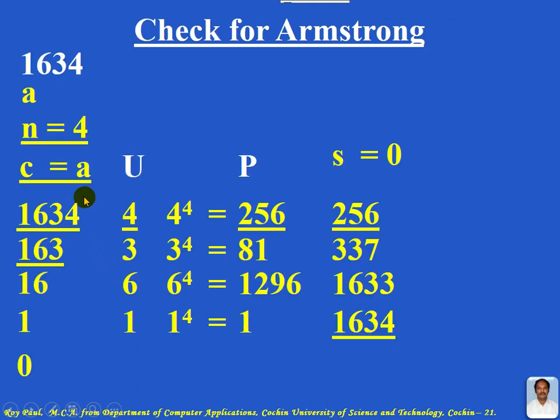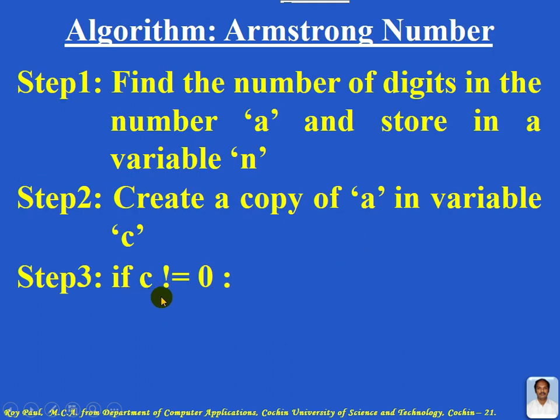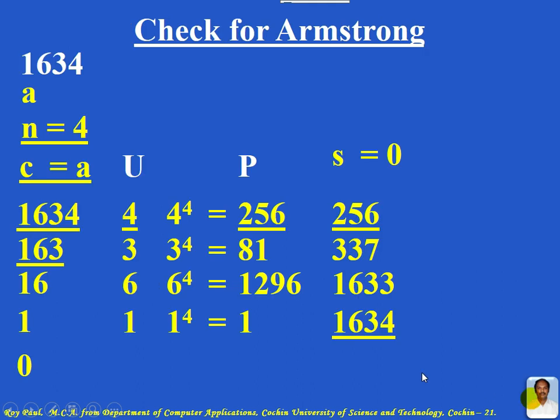What is the third step? If c not equal to 0, you should find u. So third step is, if c not equal to 0, you should find u. What is u? Retrieve the digit in the units place, and that must be stored in variable u. So this is c. From c, how can you retrieve the digit in the units place? The method is